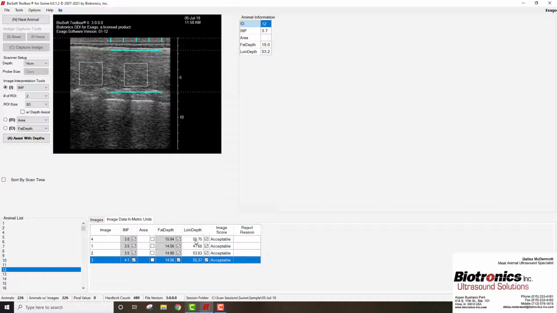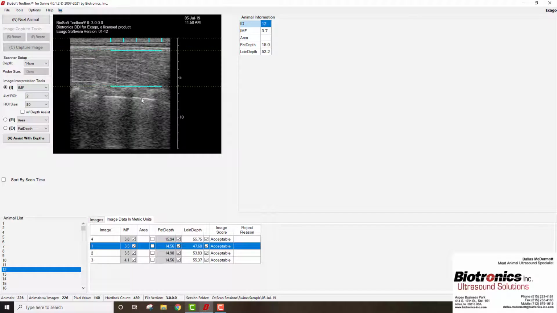And there again, we're seeing a little bit of difference here. There was one image that had a little less loin depth to it. Now that one I would probably take out. Looks like fats are pretty similar, but these others represent where that loin depth should be. But these are animals that do a very good job. Where the depth assist, you don't have to change it very much as long as we have those 3 discernible